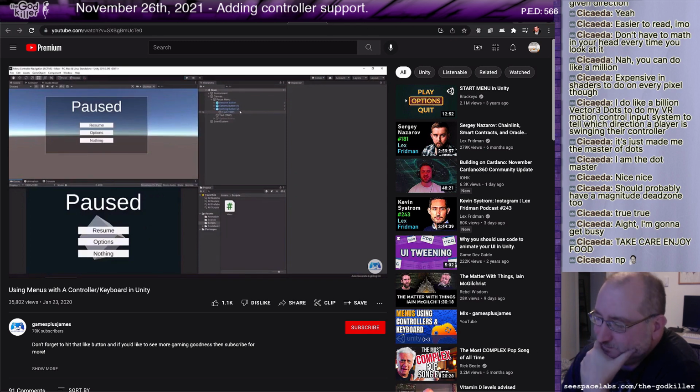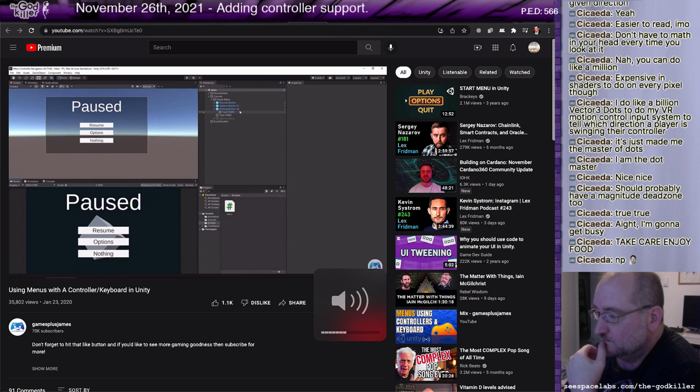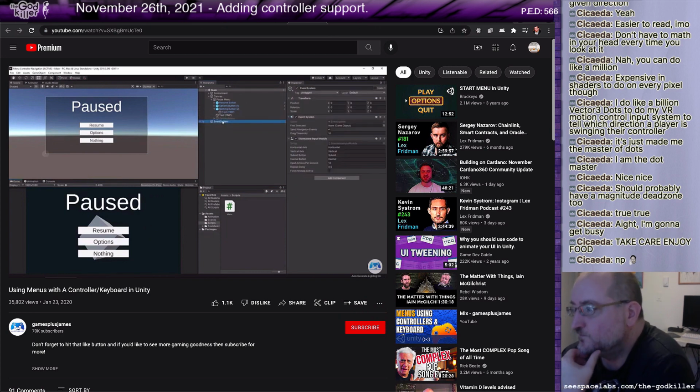Now, one thing we can do with very static menus in Unity, so this won't work for a pause screen, but maybe for the main menu of your game, is go to the event system. The event system is always generated when you create a new canvas in Unity. If you look over here in the event system component, there's a space for the first selected.